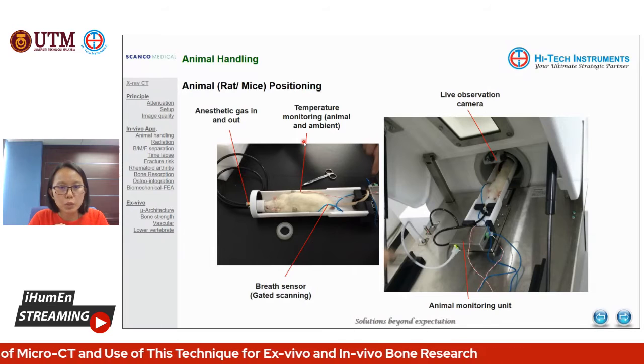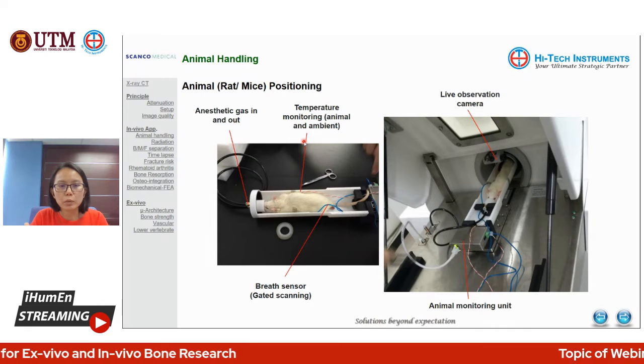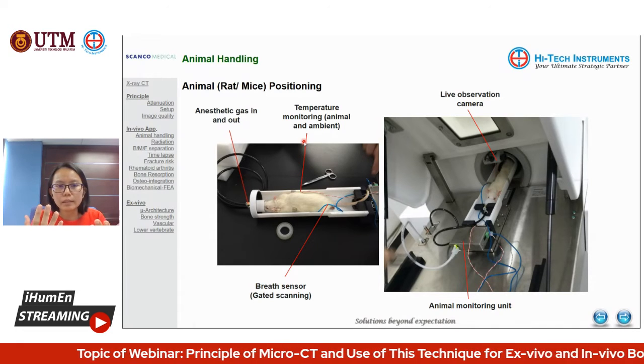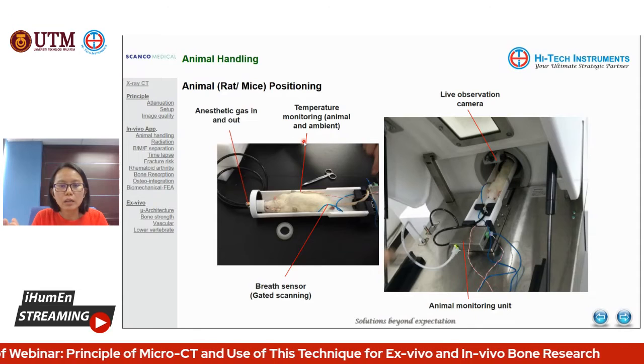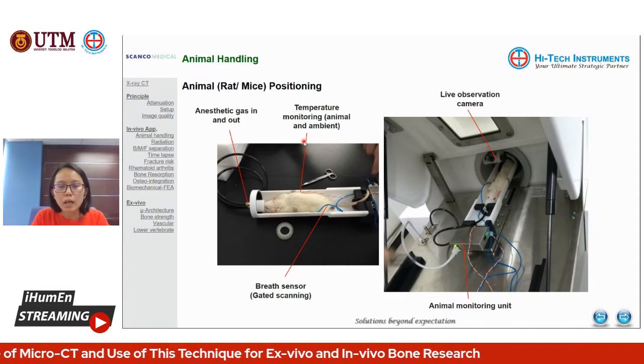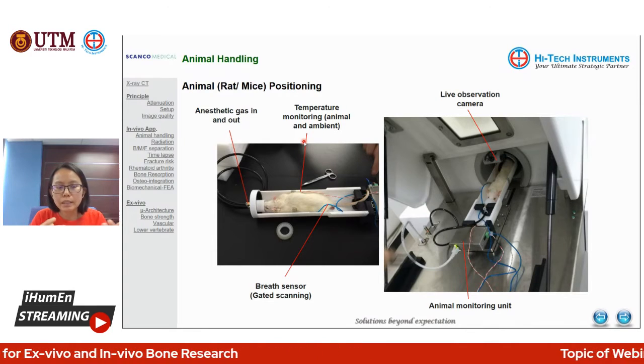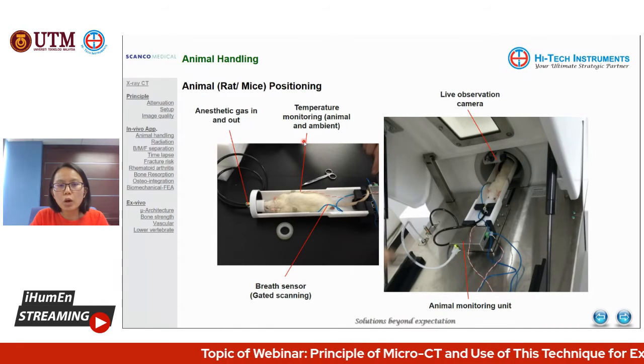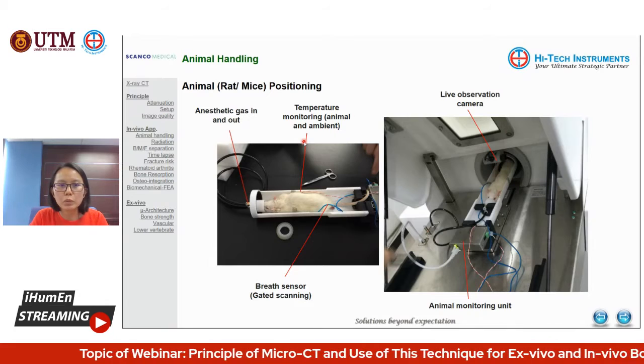We should be able to control the temperature of the animal holder so that throughout the whole scanning process, the temperature on the holder itself is constant to make sure that the animal can lie down there conveniently and comfortably during the whole scanning process. And last will be the use of drugs for this anesthetic process. So two commonly used